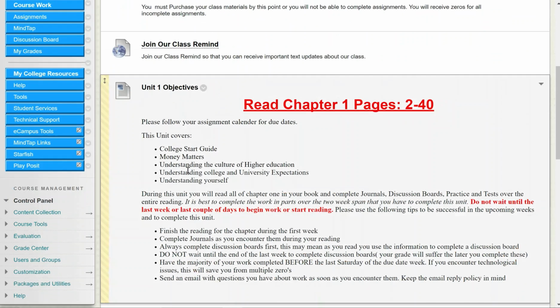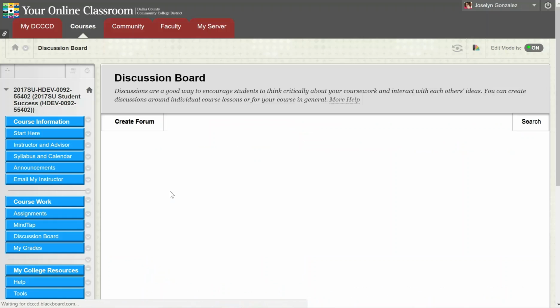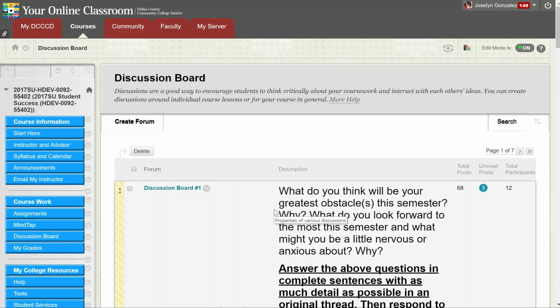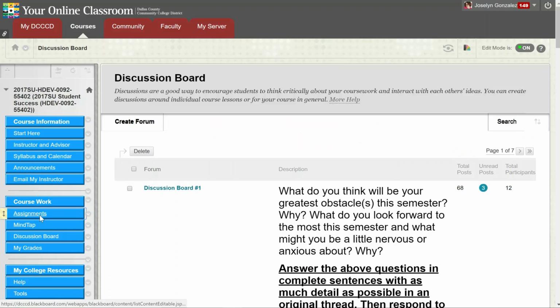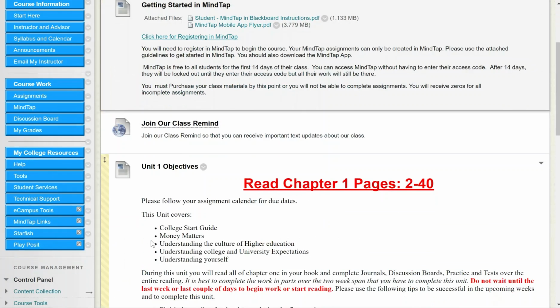Each unit will have the objectives, the chapter that we're on, and the pages that chapter covers, the discussion boards that you need to do. Notice in the unit folder, if I say I want to complete my discussion board, if you click the link, it will take you outside to the discussion board, and it'll take you to the discussion that's due. So most of the things in the unit folder will have links that will take you to where you need to complete that